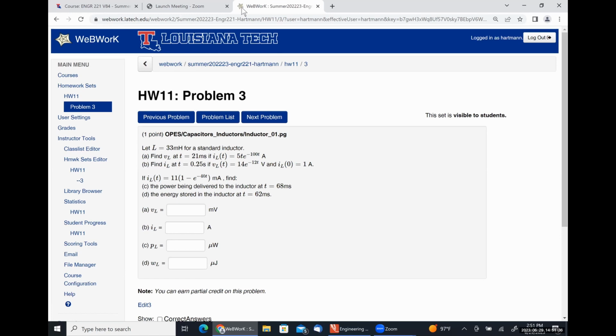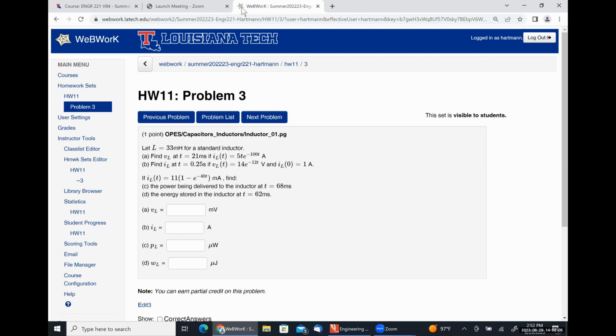This is a fairly straightforward problem. Once again, you're just using those four relationships. For parts A and B, you're given L, so you're finding V if you're given I. For part B, you're finding I if you're given V with a particular initial condition, so extremely similar to what we worked. For part C, you're asked to find the power and you're only given I, so you need to